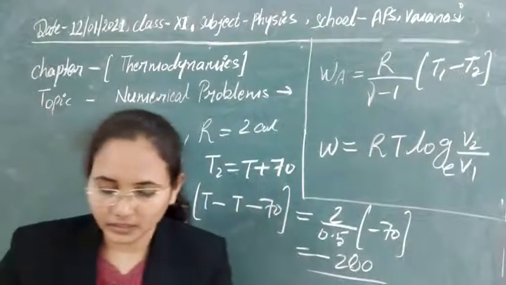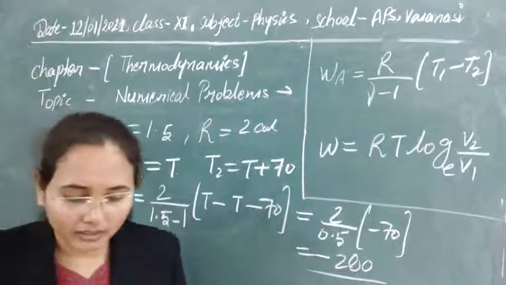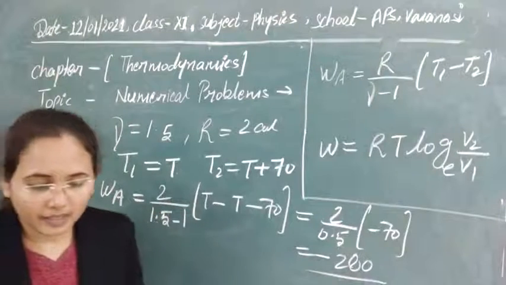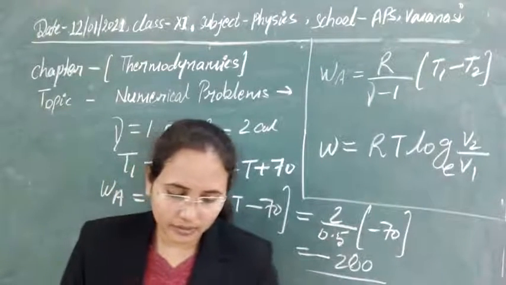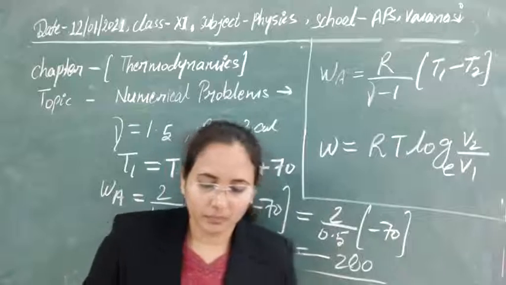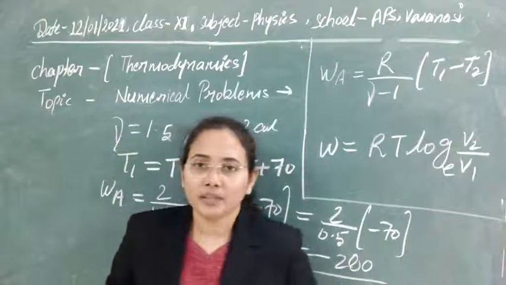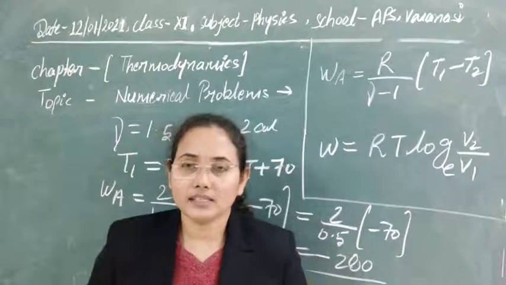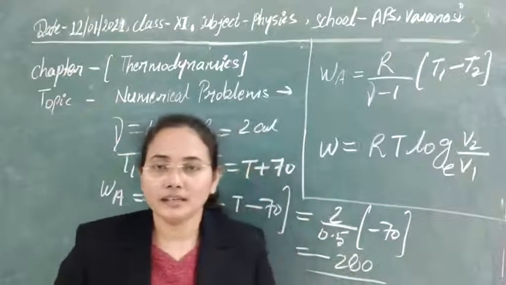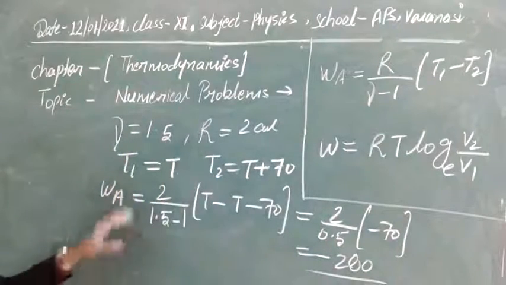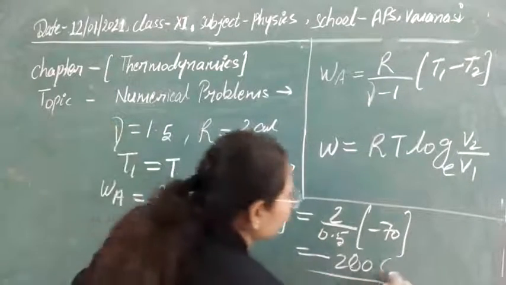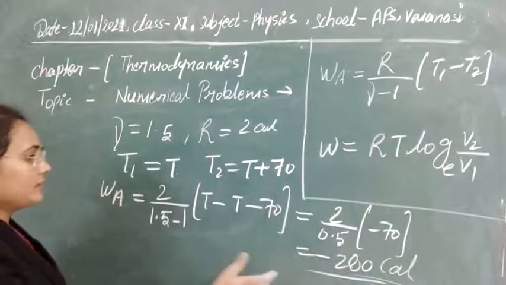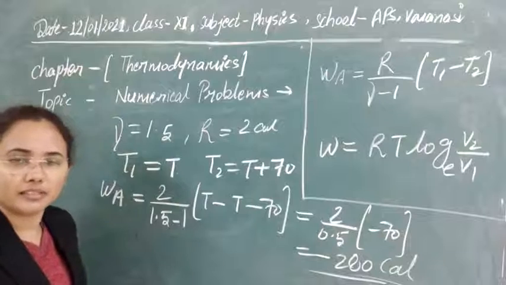One thing is that the value of R is given in calorie, so you will get the work also in that unit. So you have to convert this into the proper unit. After that you can calculate the heat in this system. Heat involved in this system you can calculate easily. If you get the value in calorie, that will also be equal to the heat evolved in the system.